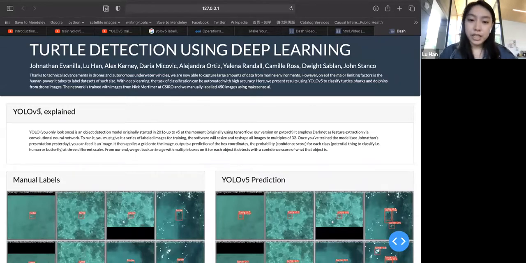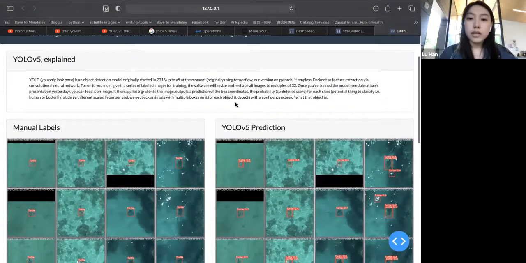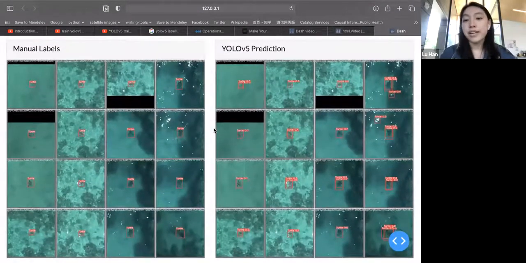We basically trained the model with some label data, and then we give it either a video or an image, and it will give us some bounding box results, just like this, with the label and the confidence level marked. So here is the result. Before we get into that,